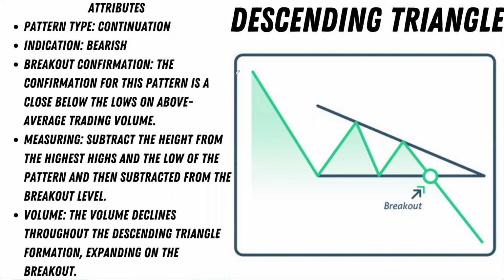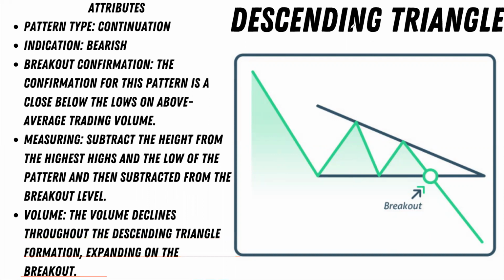Now, the confirmation for this pattern is a close below the lows on above average trading volume. And to measure this, you're going to subtract the height from the highest highs and the low of the pattern, and then subtract that from the breakout level. So same thing, you would take this line, and then that would be your measured move for the breakout once the breakout occurs. Very similar to the last one, volume is going to decline throughout the descending triangle formation, expanding